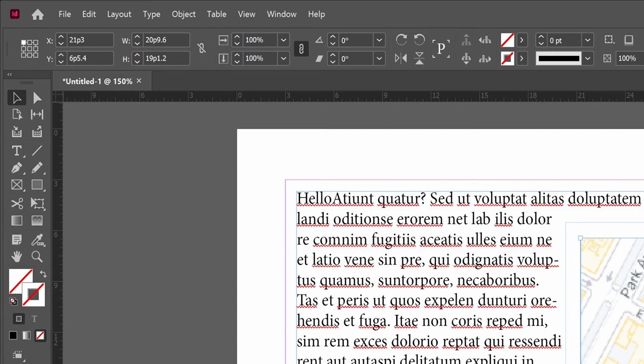Let me share my screen. Illustrator. Okay. No, wrong screen. Not Illustrator. InDesign. Okay, so